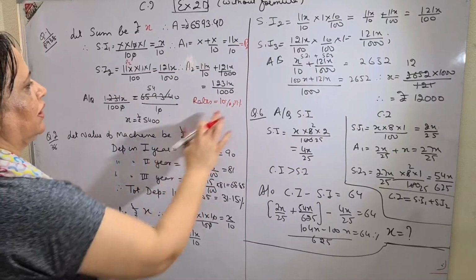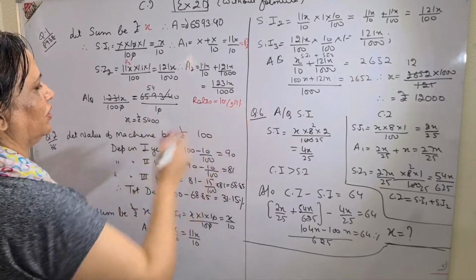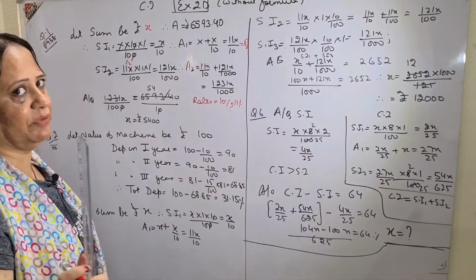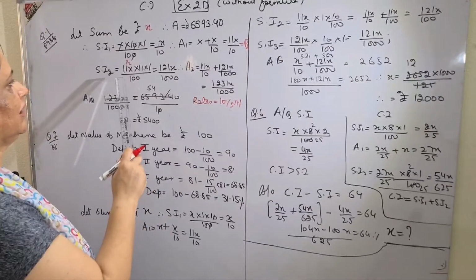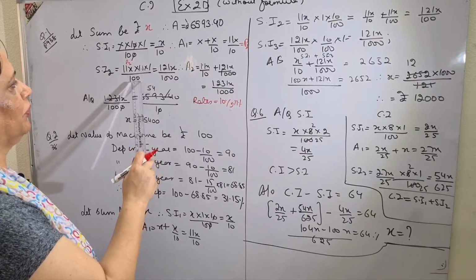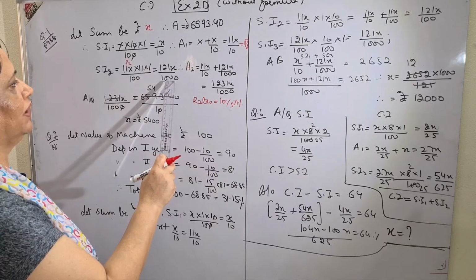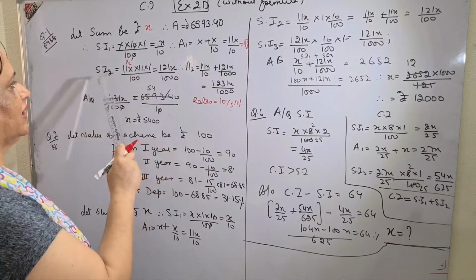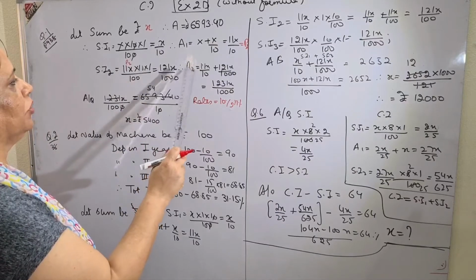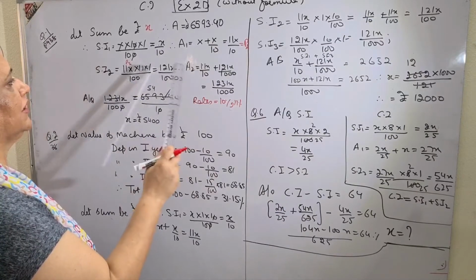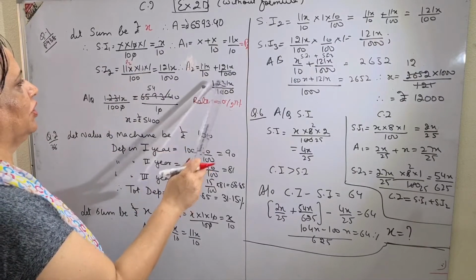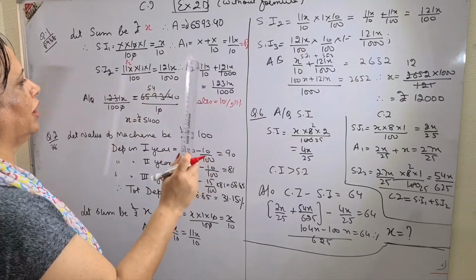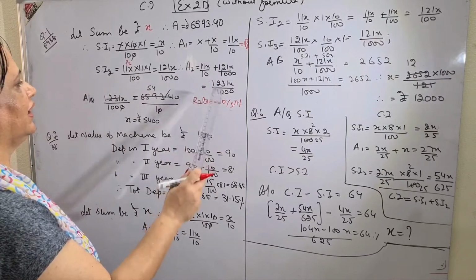Only this question, this thing I have to make you understand. Otherwise, this type of sum we have done before also. So see children, 11x into 11 into 1 upon 100. I got the simple interest, or you can say compound interest, for the second year, or SI2. A2 will be P2 plus interest, and that is amount 2, the amount for the second year.